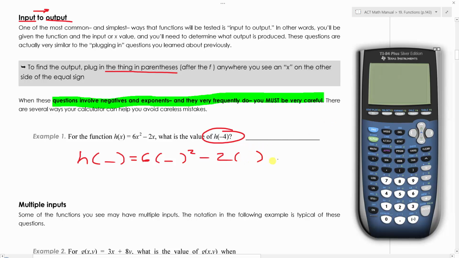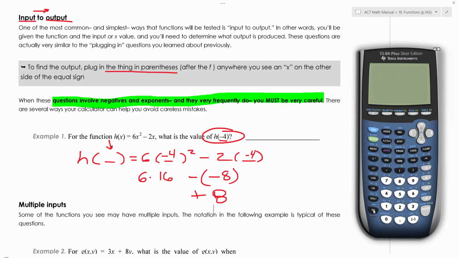So I'm going to write this with parentheses and dashes or spaces so that you can see that basically whatever is in this position, whatever is in this space, needs to go in these spaces here. So they are now telling me that in that space between parentheses is a -4. So I'm going to throw in a -4 there and a -4 there. And what I end up getting is 6 times -4 squared, which is positive 16, minus 2 times -4, which is -8. So this is 6 times 16 minus -8, which is 6 times 16 plus 8,